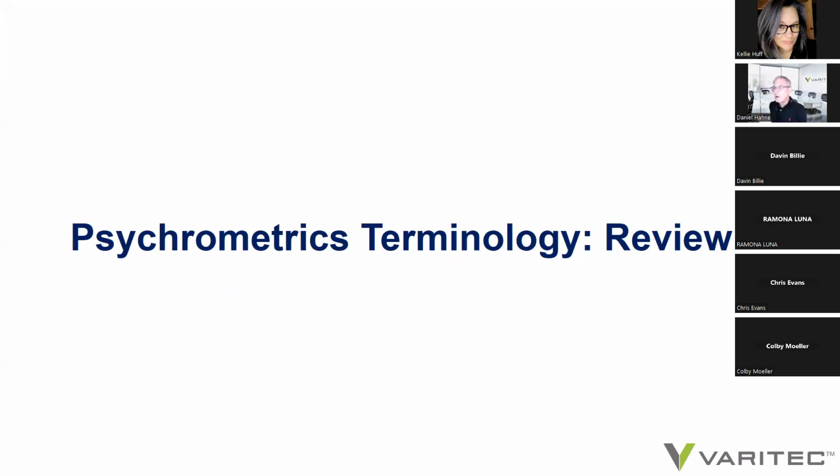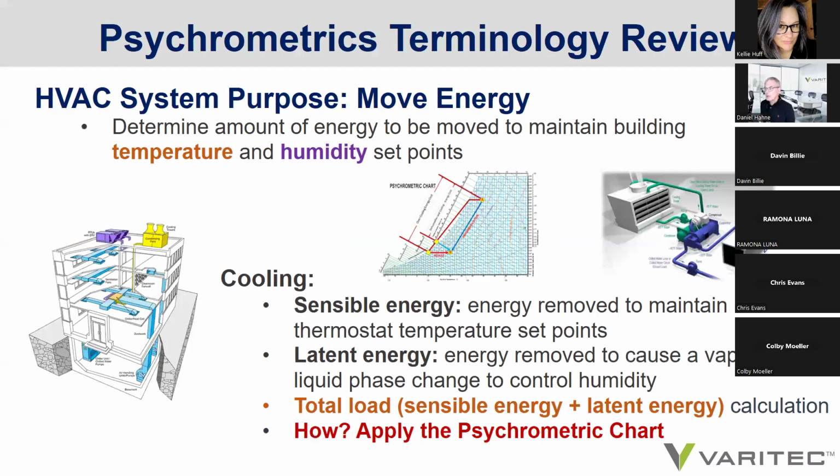Sorry about that. Okay. Psychrometrics terminology, a quick review. In Psychrometrics Part 1, we argued that the fundamental purpose of an HVAC system is to simply move energy. We need to move energy in order to maintain building set point conditions for temperature and also humidity levels in the space. So in order to provide cooling in a building, we need to move as much sensible heat energy